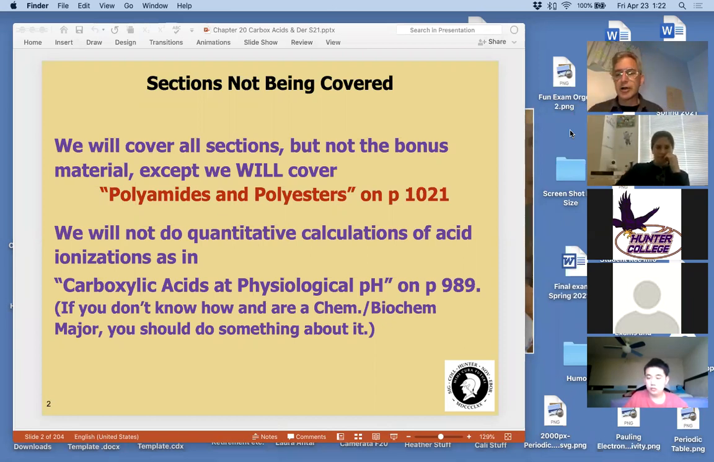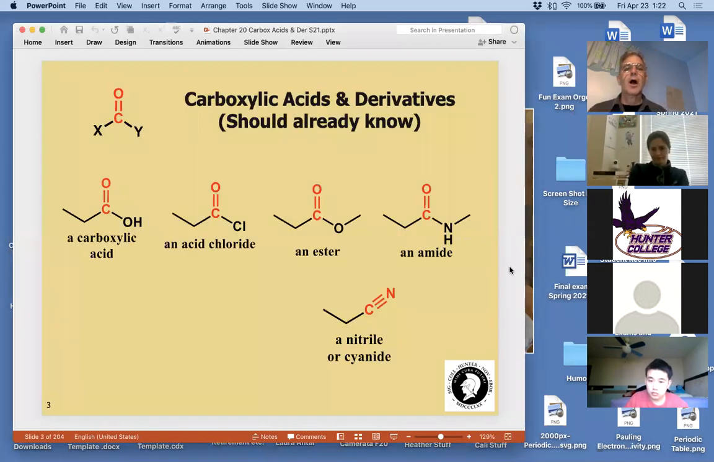Okay, I'm going to honor the promise to keep this course math light, so we're not going to be doing any calculations, such as they do in this section I've cited here, carboxylic acids at physiological pH and all that. If you don't know how to do some of these basic calculations in your chemistry major, you better fix it. You learned a lot of quantitative things in Gen Chem. You're going to need that in the future. Okay, so